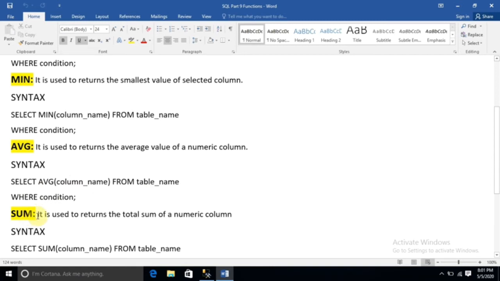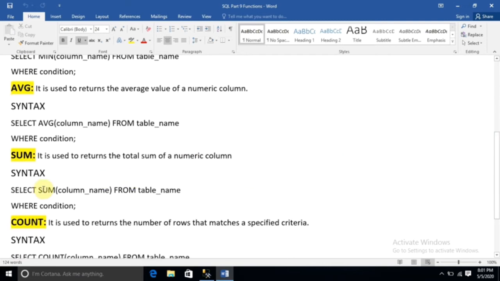Sum is total. It is used to return the total sum of a numeric column. This is the sum syntax: select sum of column name from table name where condition.